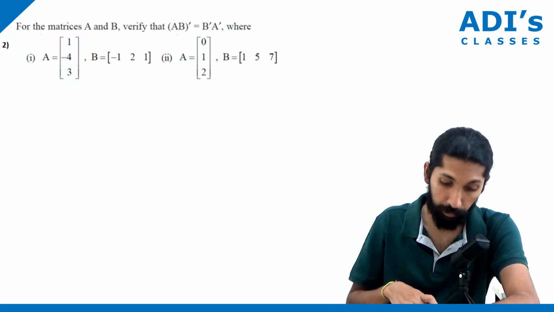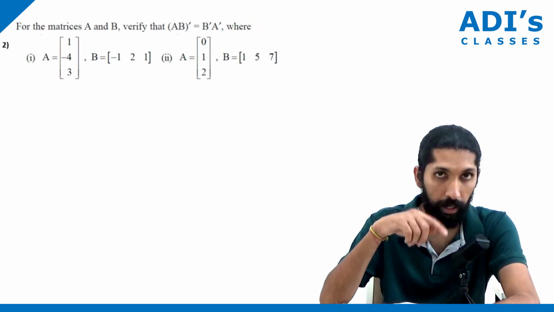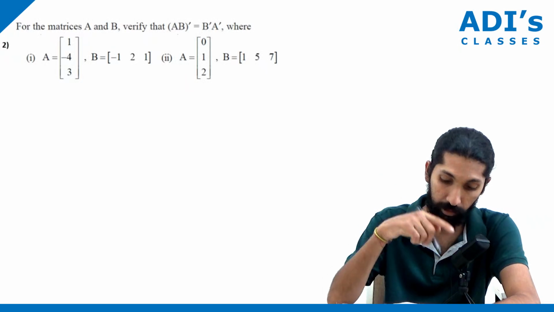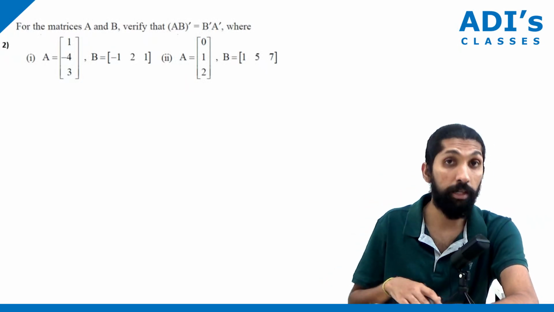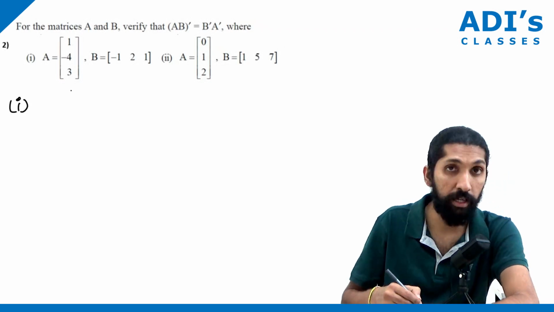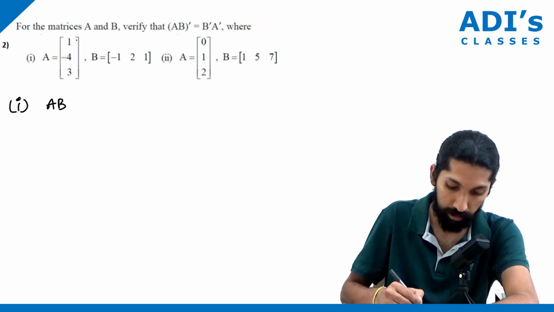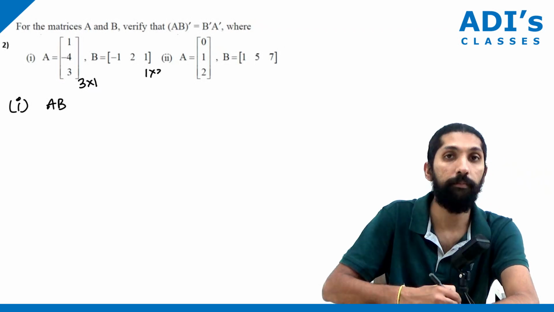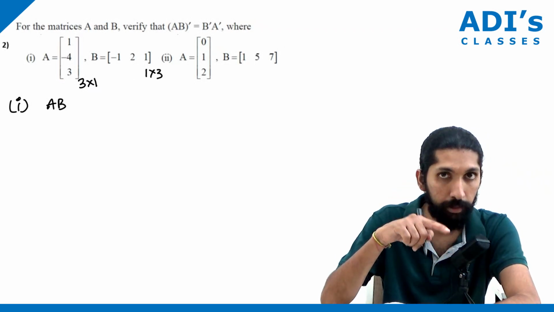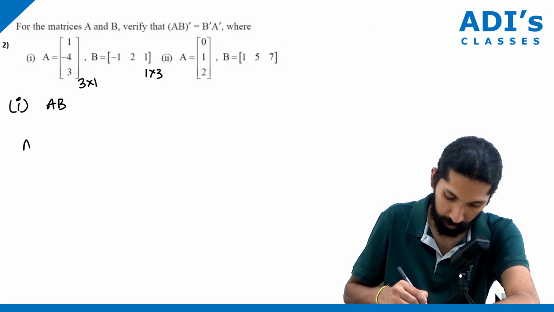Now let's do this particular question. See here, you need to show that AB whole transpose is B transpose into A transpose. Now multiplication. So the first part we'll do AB. Remember, this is a 3 cross 1 and this is a 1 cross 3. So the result is going to be a 3 cross 3 matrix. Right? So AB is going to be,